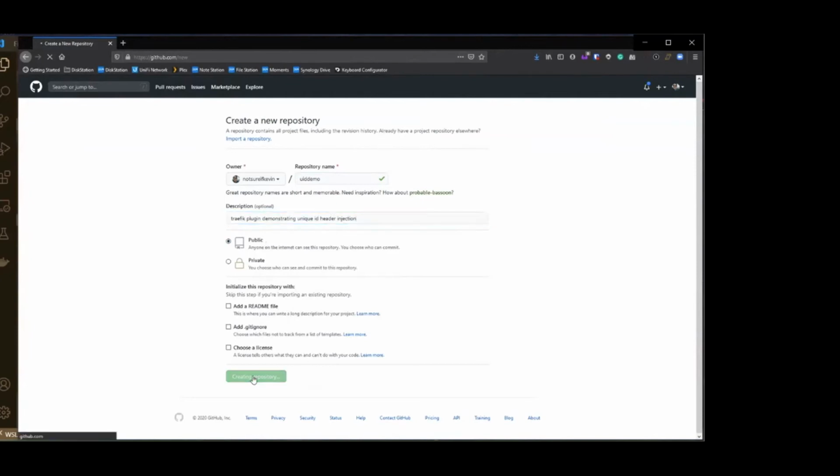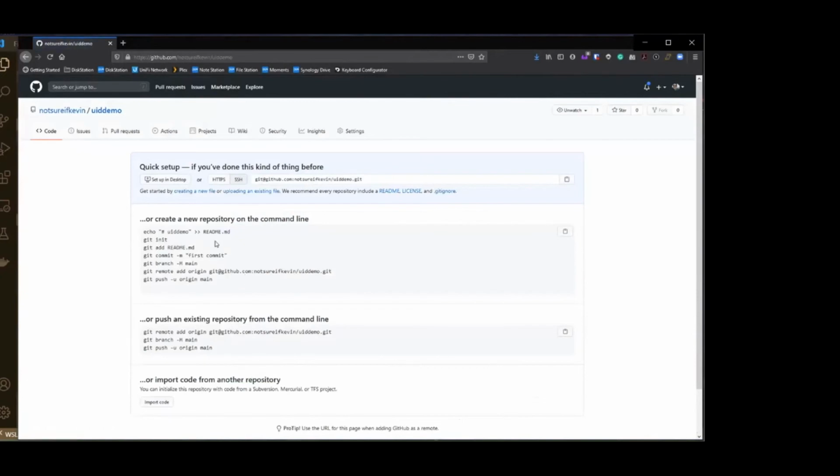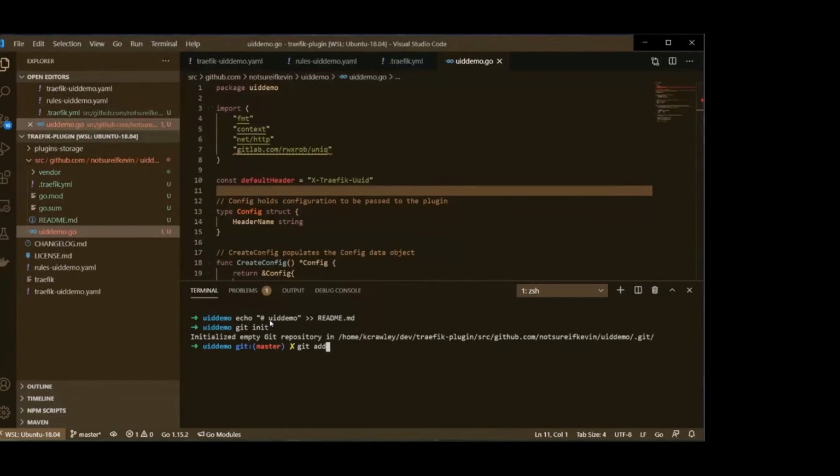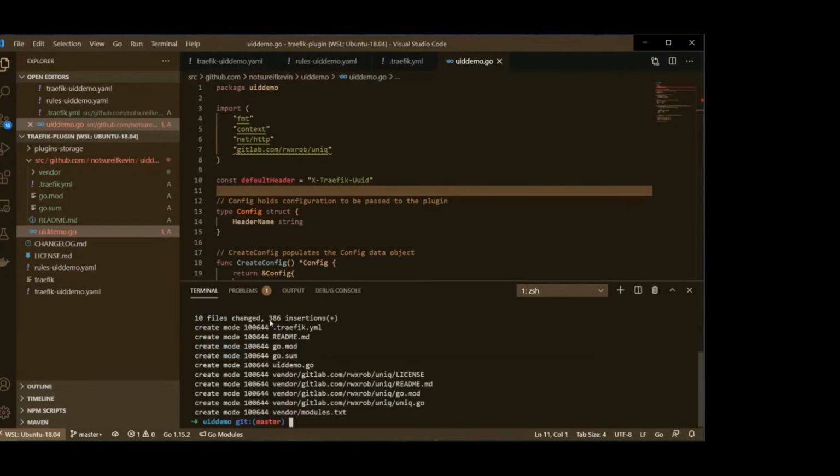Once I create the repository, I can then go back to the project and I will commit my code and publish the project to GitHub. So here I'm just creating a README file, initializing my repository, adding all the files that we've created so far, committing that to the GitHub repository,